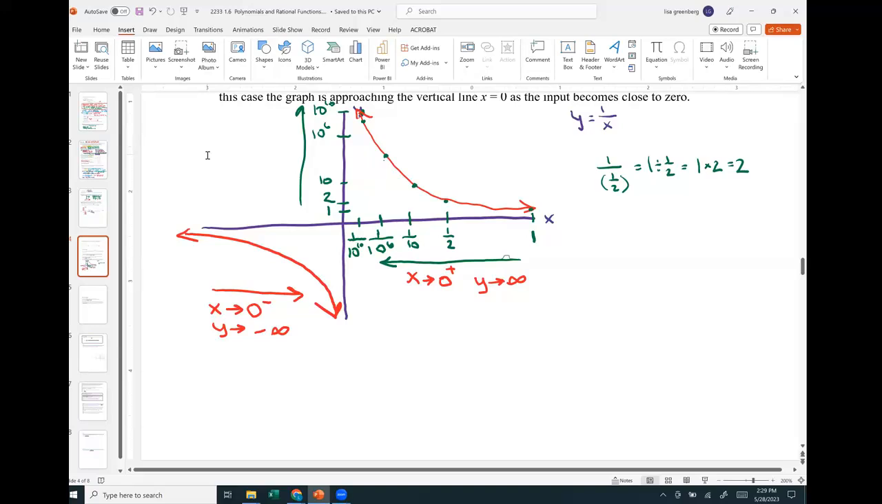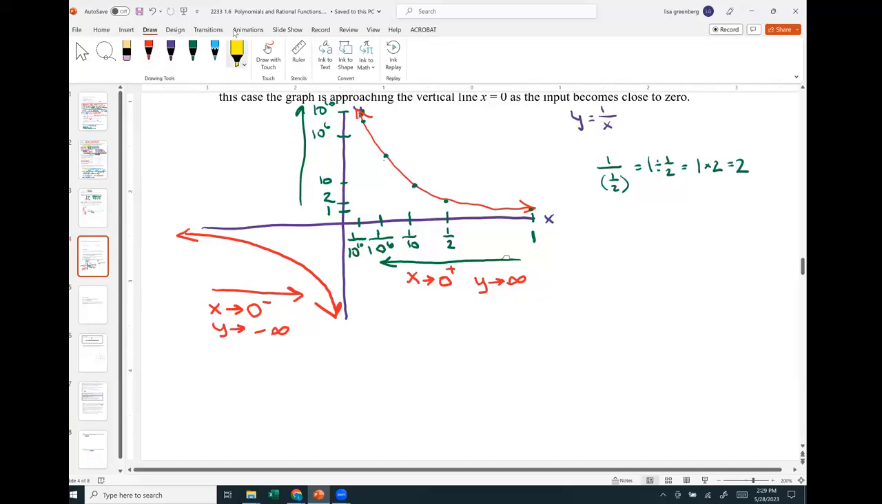And let me finish by saying that that means we have a vertical asymptote, and it's really just a broken line. We have a vertical asymptote at, and remember I said it's a line, so it is at x equals 0. Okay,